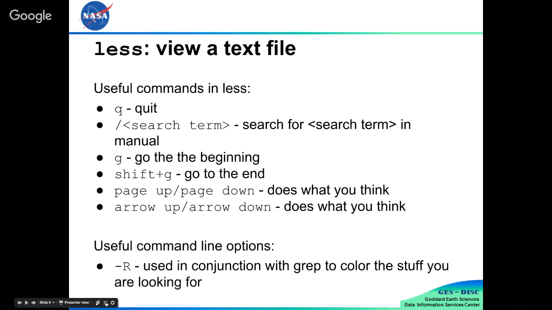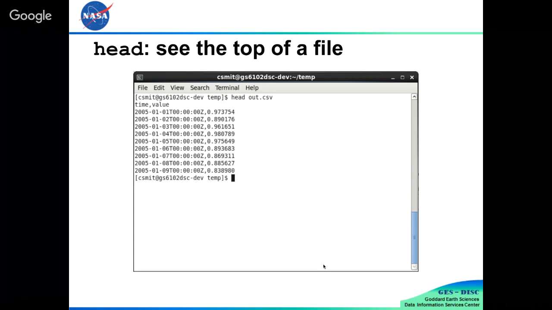And then -R is a useful command line option because if you use grep to color things and you want to pipe it to less, this is how you do it. I guess I'll have to change all of these to say Marcin instead of Mark because he does not go by Mark. So this was totally awesome. I did not know this before Monday, but I will be showing how to do it. So then head. Super basic. Head gives you, oddly enough, the top of the file.